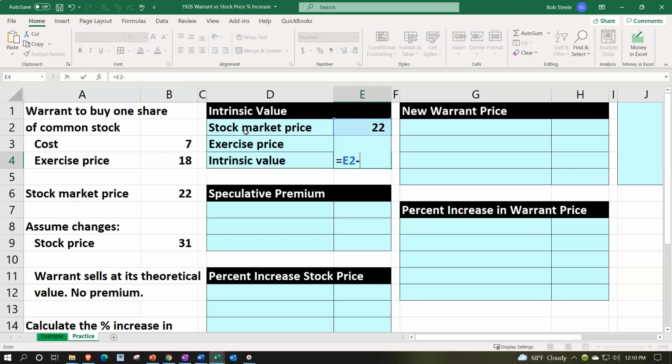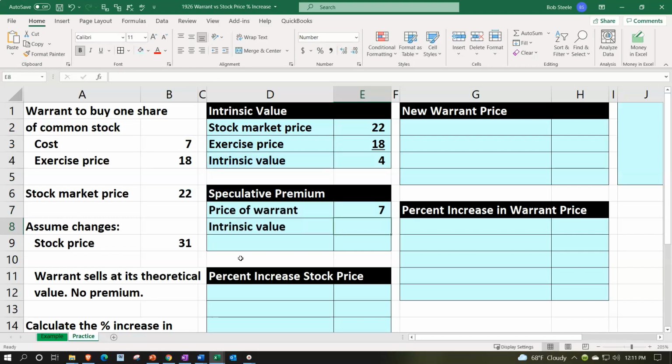equal to 22 minus 18. So if we had the warrant, font group, underline, and exercised it, we can basically get a discount of that $4 if we were to exercise it at that point. But we've got to pay $7 for the warrant if we bought it at this time. So the price of the warrant is $7. So it would cost us $7 in order to get the intrinsic value if we were to exercise it at this point in time, which we're not required to, but if we did, we'd have a benefit of